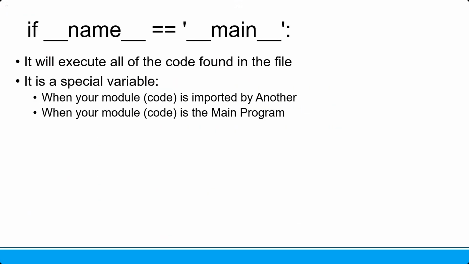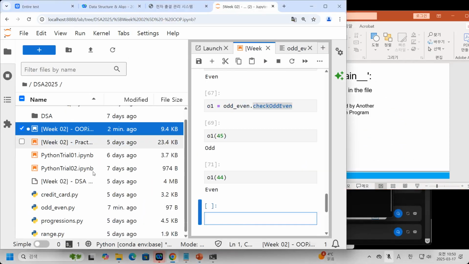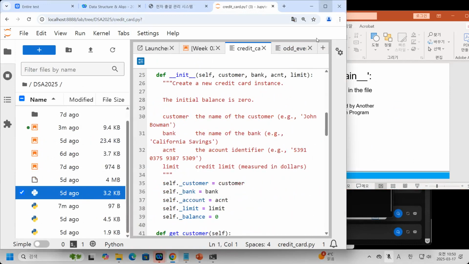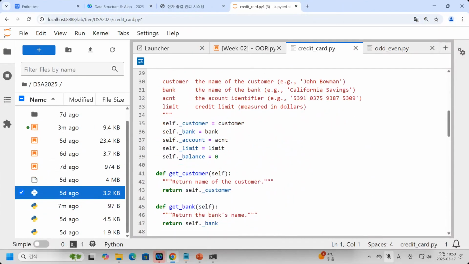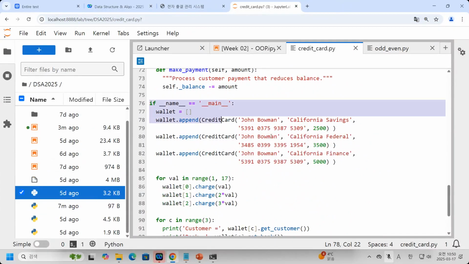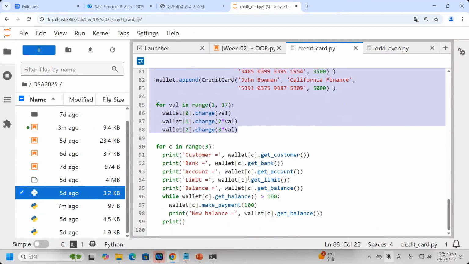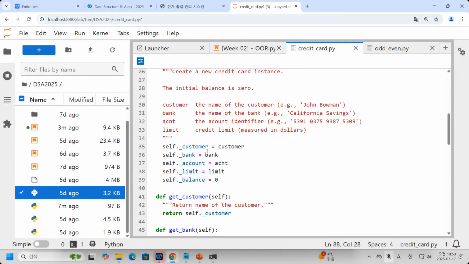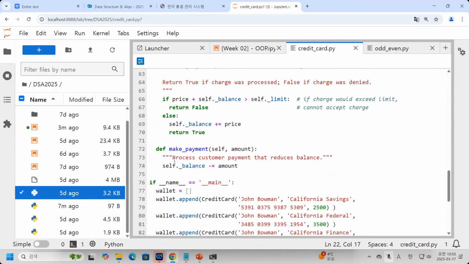So let me have one more minute. So you can see from the credit card. So this is the credit card. And you can see this is a main method. I think I need more time to explain this one. Okay, then you can see the code first, the credit card code, and then we will discuss the details on Wednesday. Okay, so I will stop and